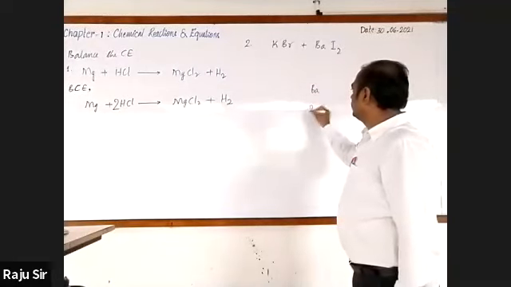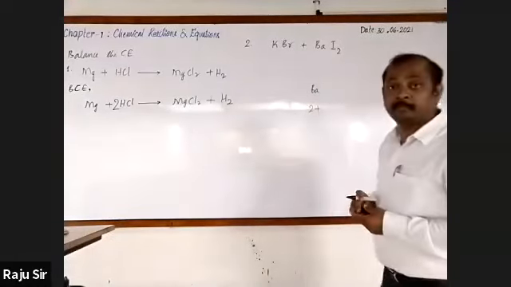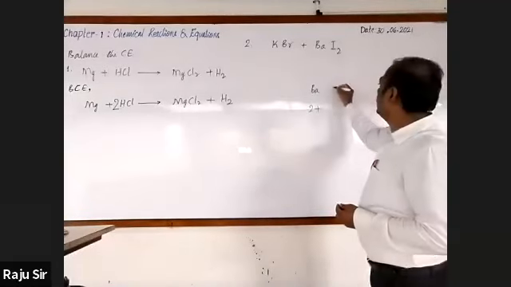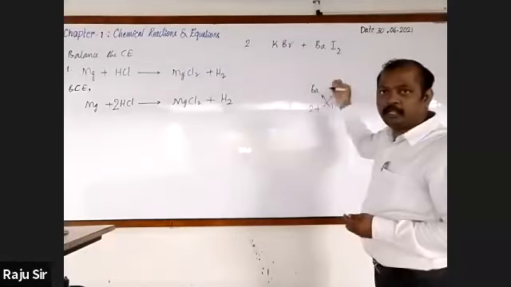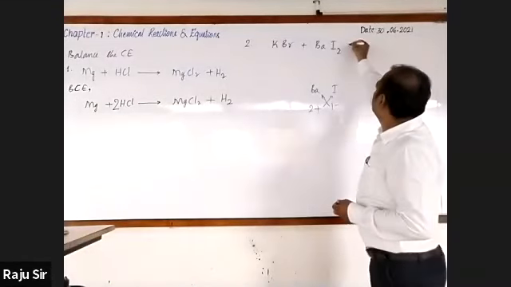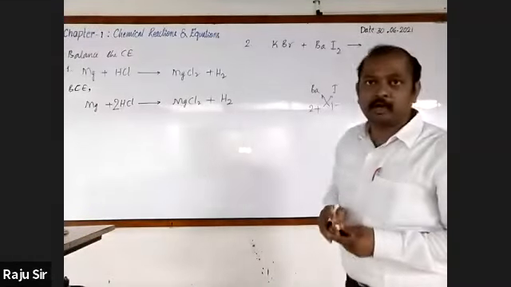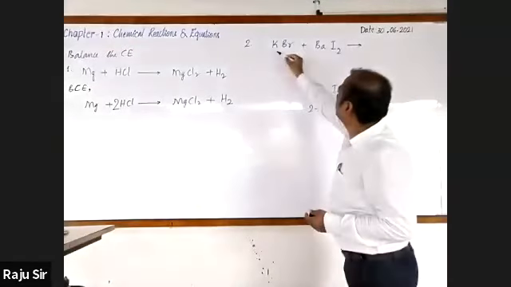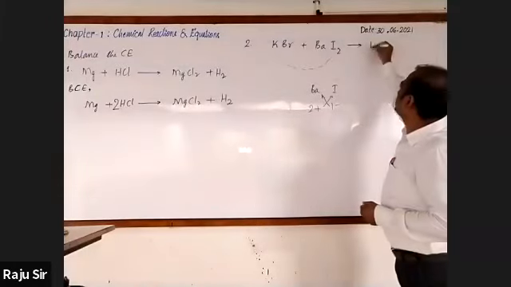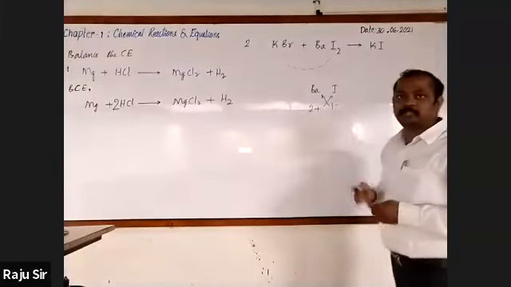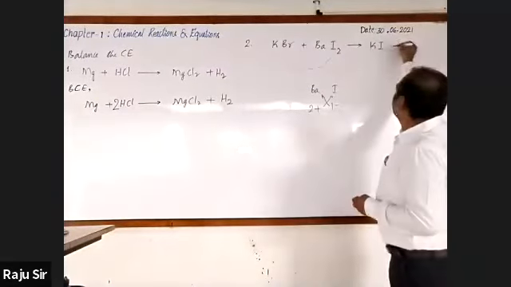We know that the charge of barium is 2 plus and iodine is 1 minus. Crossing over charges, BaI2. Then the compounds that are formed: one is KI, potassium iodide, and another one is